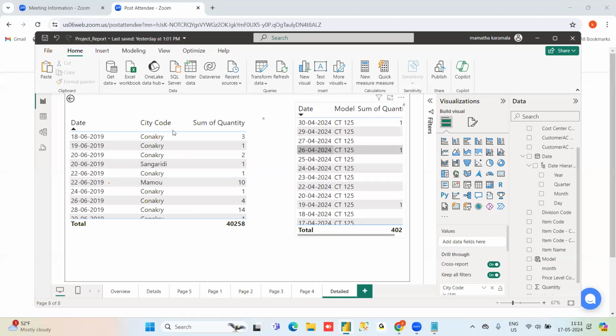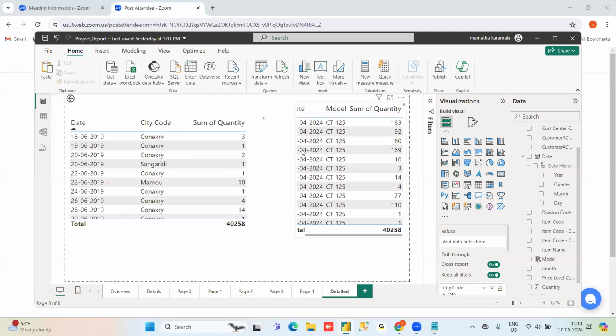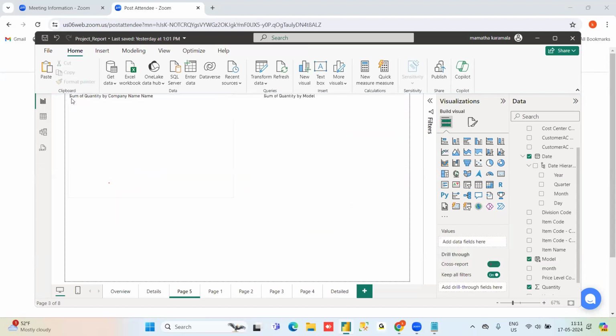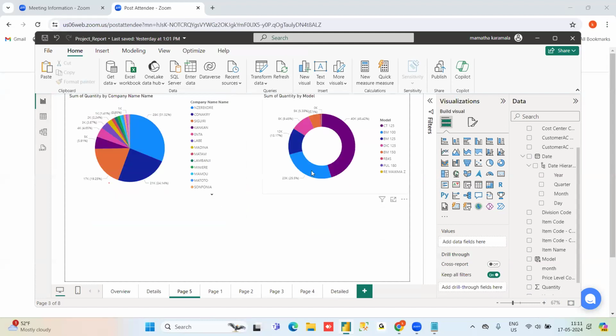For example, earlier I had all the details, but here it is taking only that particular model. So CT125 data only it will show. You can navigate back to the summary table again with that navigation. Here I wanted to see only these details.